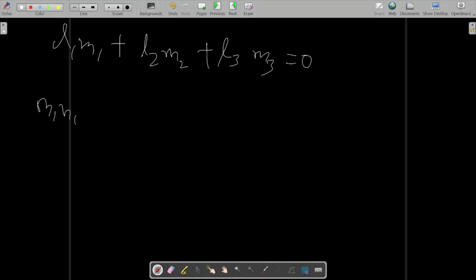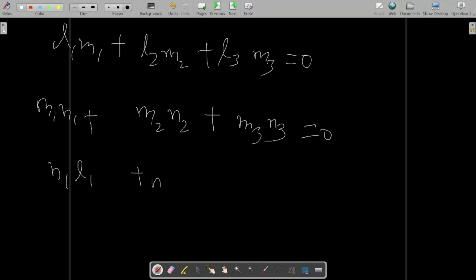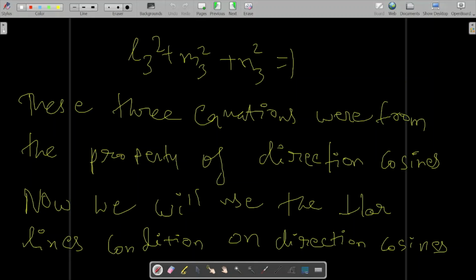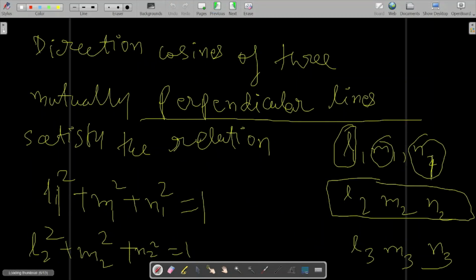So M1 N1 plus M2 N2 plus M3 N3 is equal to 0, and you have N1 L1 plus N2 L2 plus N3 L3 is equal to again 0. So by putting all these equations, these white equations, these green equations, these equations 1, 2 and 3,